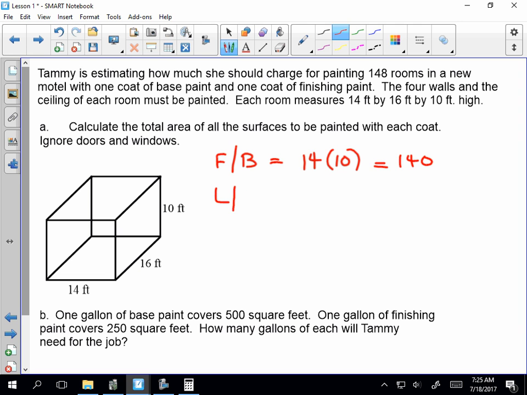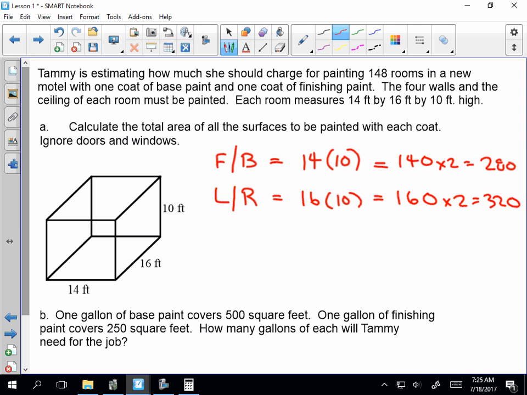Then we look at the left and right side walls. Now remember, we're just finding the area for one of the walls. We have to remember that there's two involved here. We've got a base length of the wall on the sides of 16. The height is still 10. So we have 160 for each of those, and we're going to have to multiply both of these by 2 because there's the front and the back, there's the left and the right. So we've got 280, we have 320,